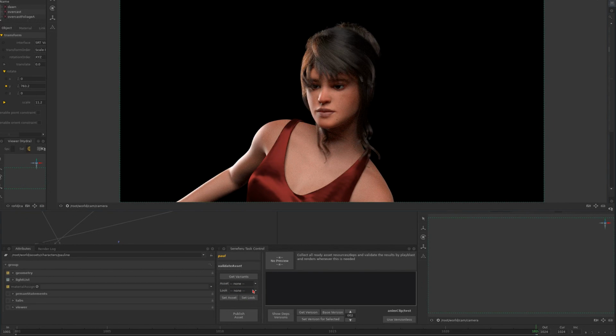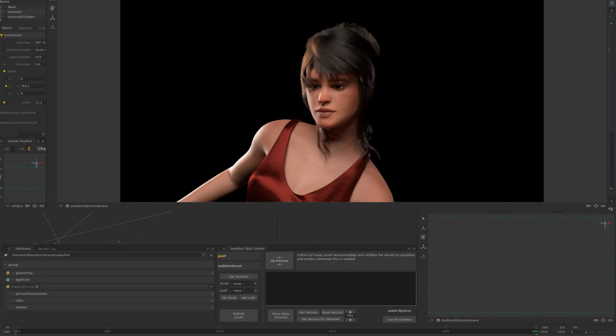The geometry variant is something like glass and glass broken, where the broken one is a variant in the geometry itself, or when this is an assembly and different assemblies from the same set, for example, close shot assembly, long, extreme long, something like that. So these all appear under geometry